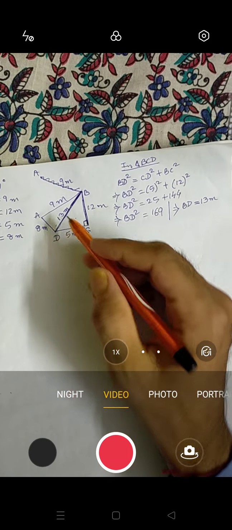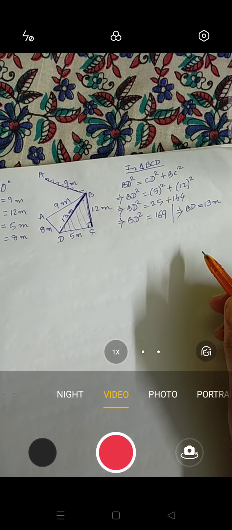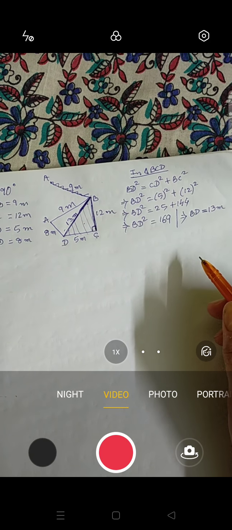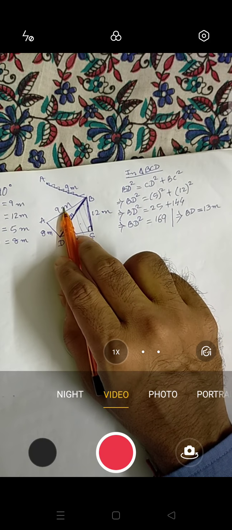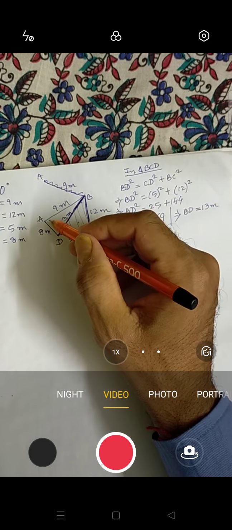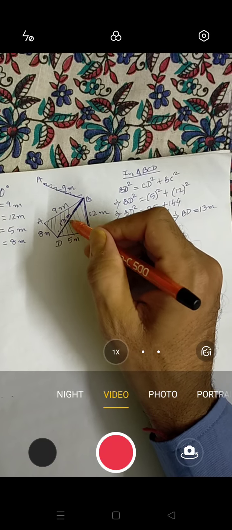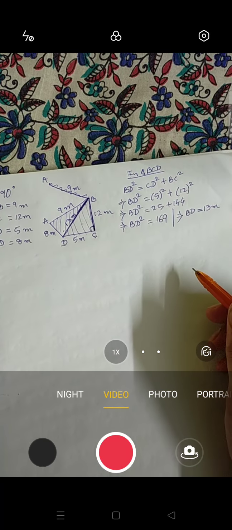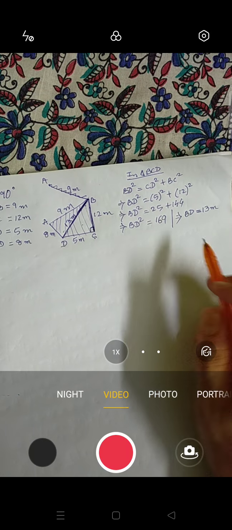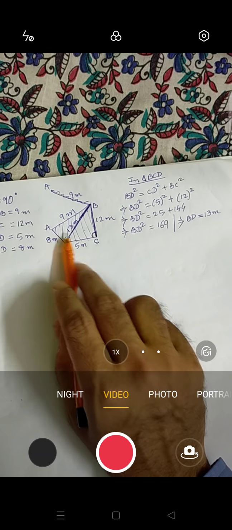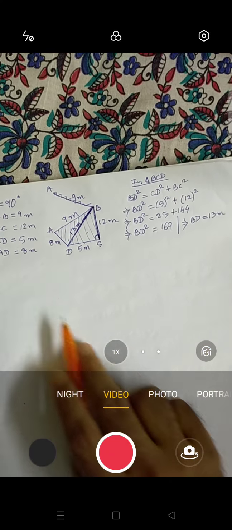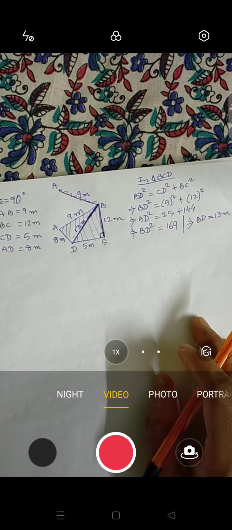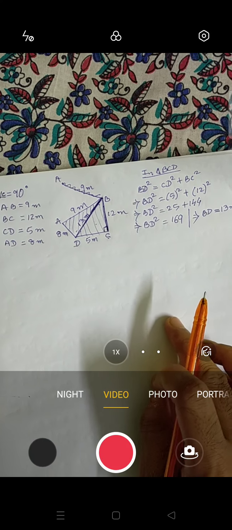That means this area you can easily calculate by using Heron's formula. And same way ABD, this one also you are having this side and this side. This also you can find by using Heron's formula, yes or no? So after finding both the areas you can add, that will be the area of the quadrilateral. But we can make this sum a little bit easier also.